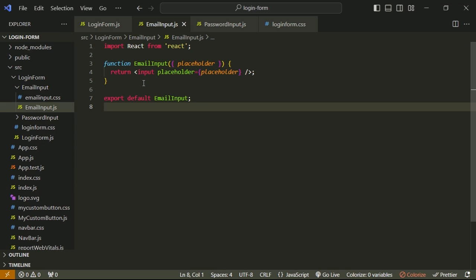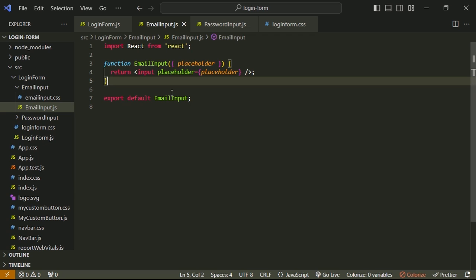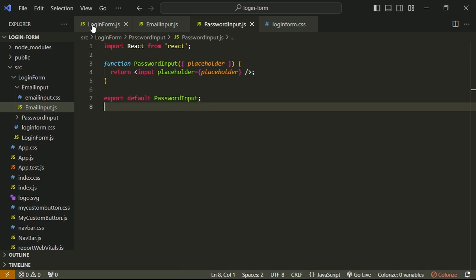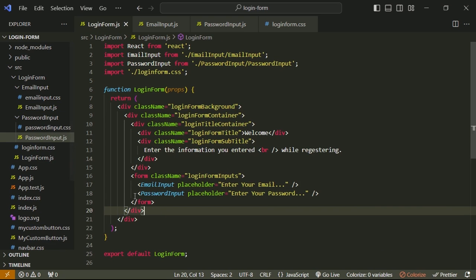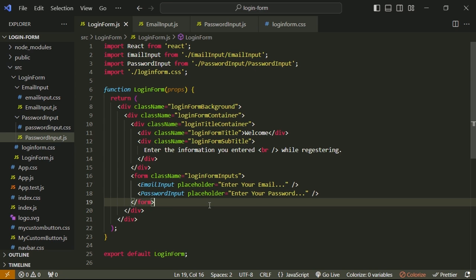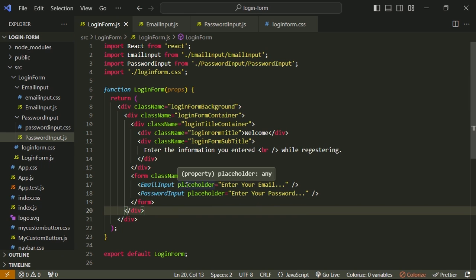And right now, they are just returning an empty input tag. And also what I'm doing here is creating a placeholder argument or prompt as we do for the normal input. But because it is a custom input, that's why I did them here